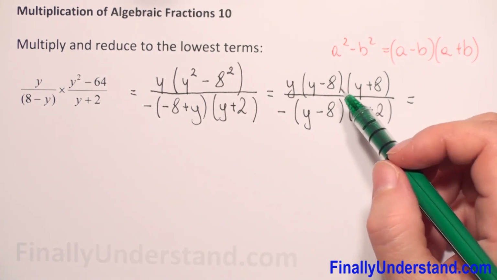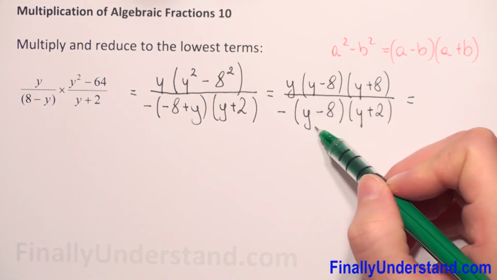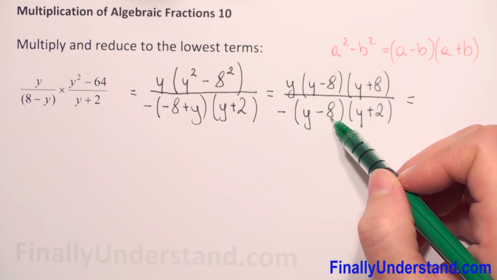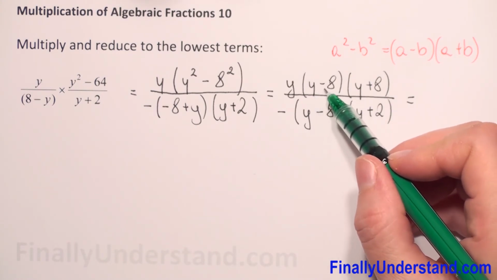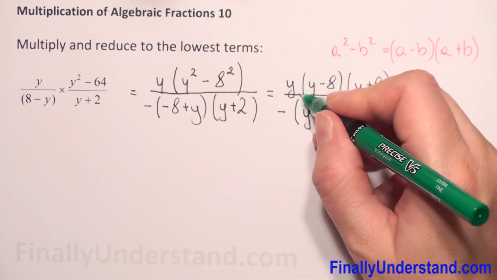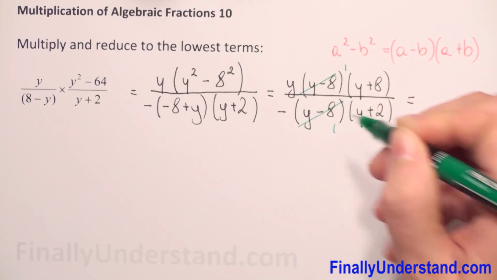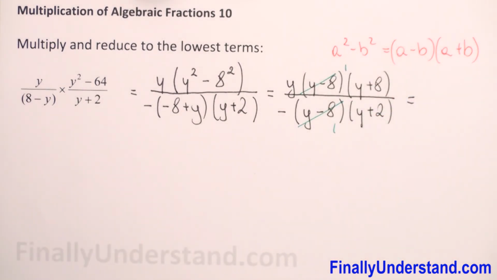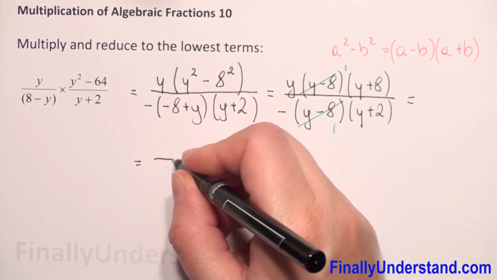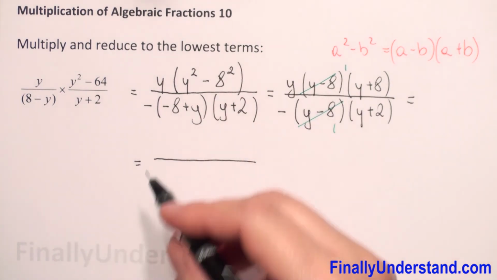The same expression in the parentheses with the same expression in the parentheses. So y minus 8 and y minus 8 we can cancel out. It will be 1 and 1. So now in the numerator we will have y times 1, so this is y